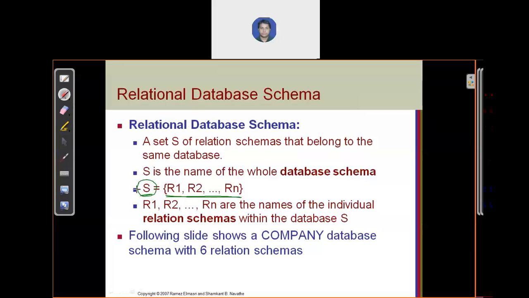If we are creating a database for, say, a bank, how many tables are available in that bank database? Customer table, borrower table, depositor table, or asset table. All these tables are part of the bank. So you will write bank here and write the names of the relations of that bank schema. Let's see one example of a relation schema.